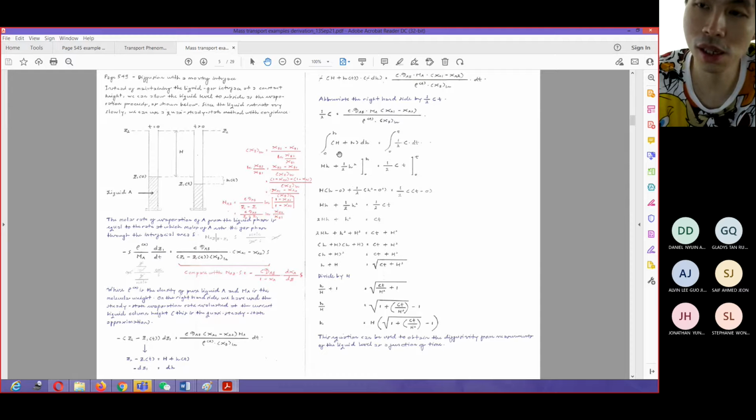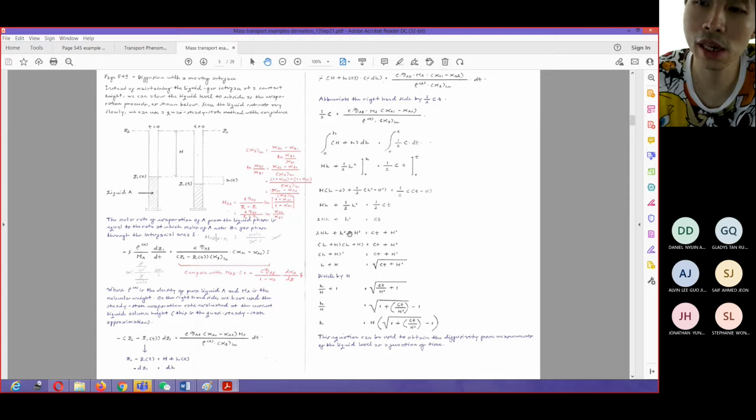The most important thing in here is that we don't have to use initial conditions, but rather we can integrate from h equals 0. So h equals 0 at time t equals 0, right? And then it will become h at time equal t. We are simply matching the initial conditions with the later conditions. Once we get these things, we need to do a mathematical manipulation such that we get h as an explicit function of time.